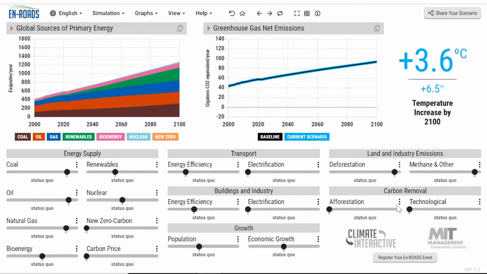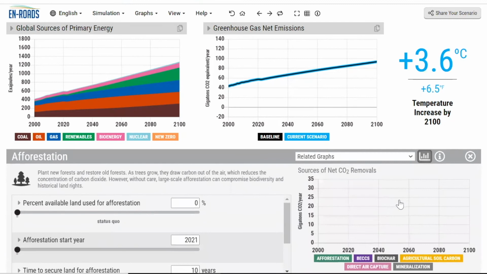What if we were to plant trees in a fashion similar to maybe the Trillion Tree Act? Well, we can simulate that by looking at afforestation. You hit those three little dots and you see, well, what is it that they're talking about with afforestation? What it is, we would plant new forest and restore old forest over, say, 100% of the available land. Not 1,000%, 100%. What would happen then? We know trees sequester carbon, certainly a good thing to do. I love trees. It would be beautiful and good for the spirit and the mind, and it would reduce emissions.